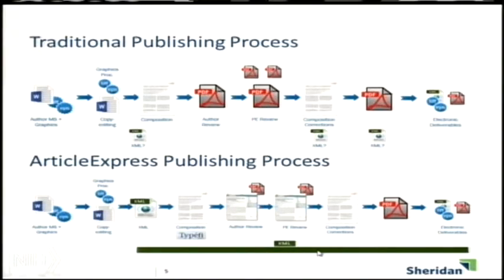So it's not a secondary process of updating just the XML, certainly not a dual file or catching up in composition at the end. Then you have your composition corrections and back to your PDF, and your XML, as I said, is carrying straight through, and there you go to your deliverables. So that's a very high-level view. I'm going to